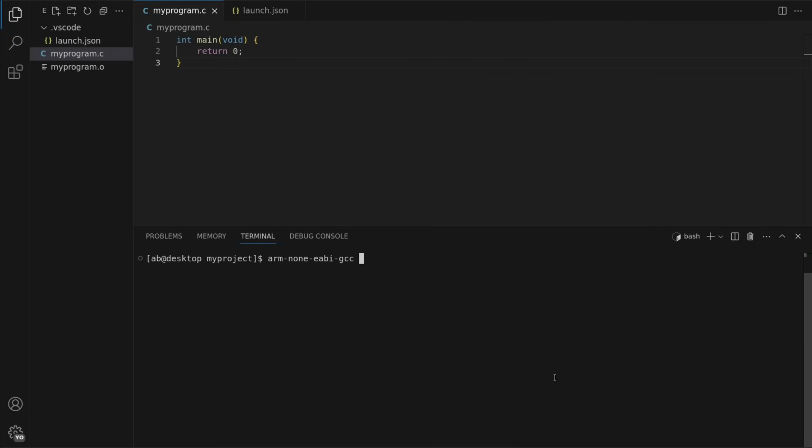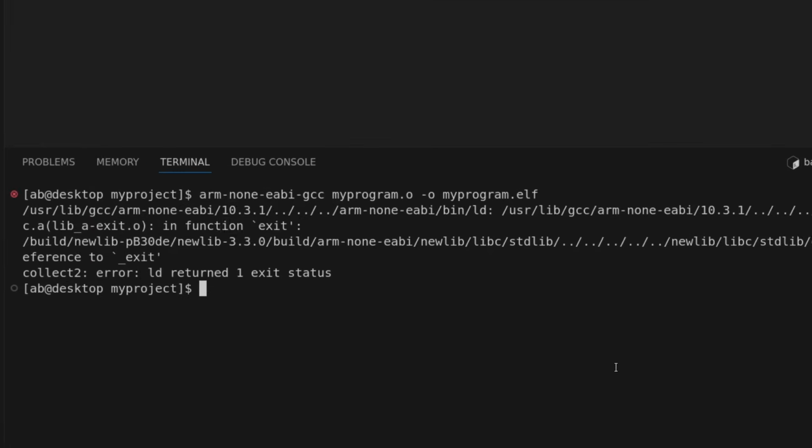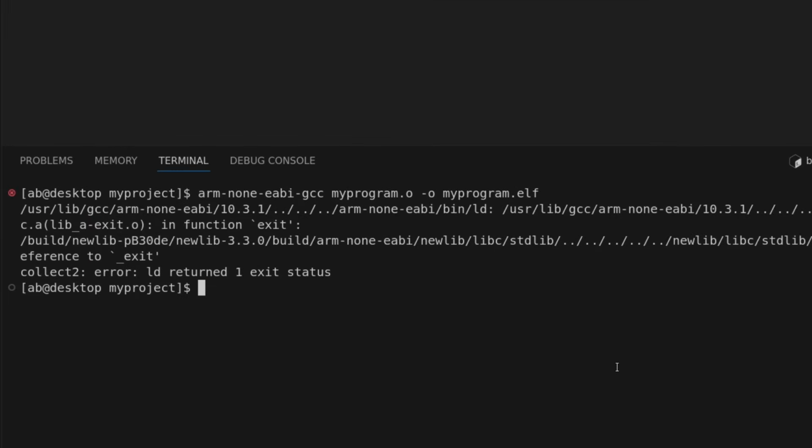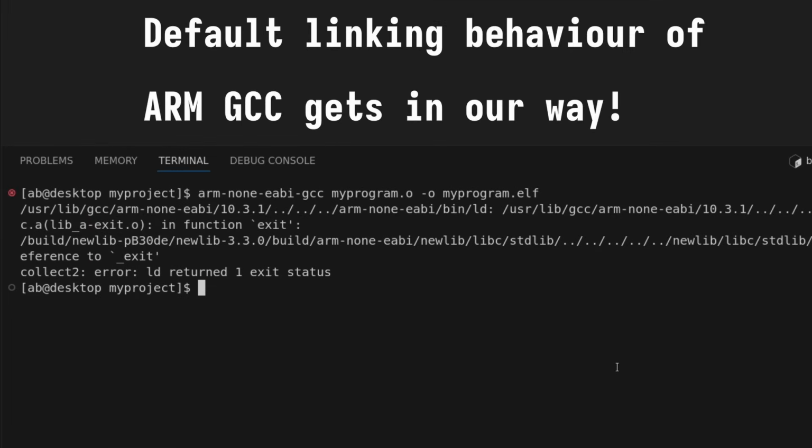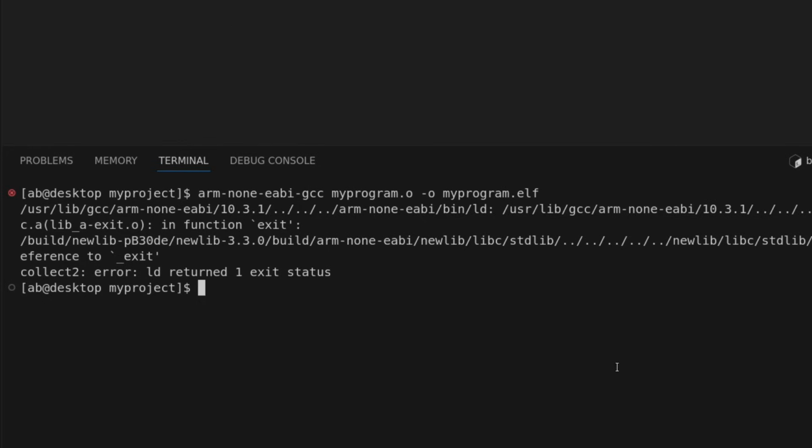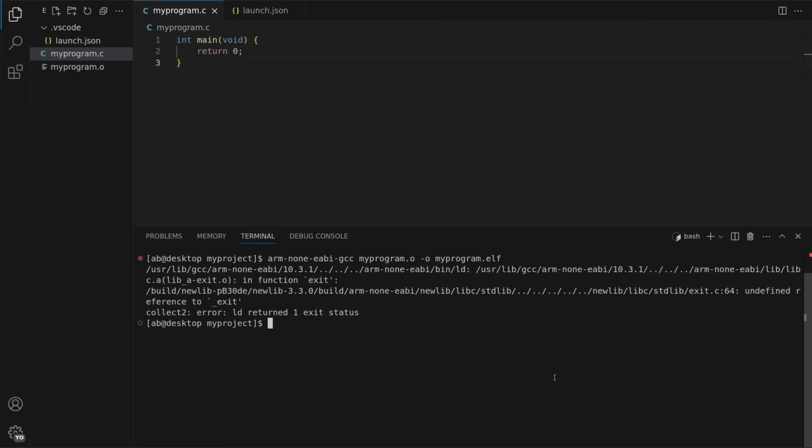Then we can link it to produce an executable that can be flashed onto the microcontroller. But now we start running into problems, because even if we have just provided a single object file, GCC will link in some other components by default, things that will interfere when we want to experiment with our own startup code. So we are going to discard them, but before we do, let's first understand what it's trying to link